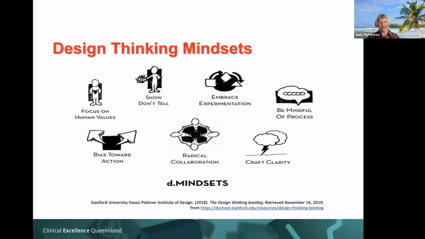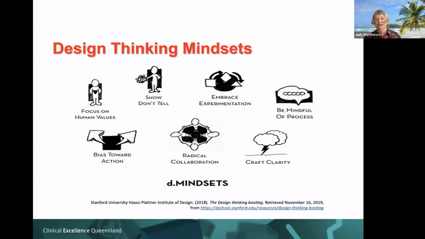Another way of looking at a design thinking mindset might be, and this comes from the D School, the design school mindset. This is what is a design thinking mindset. A focus on human values, showing and not telling, because often people switch off when you tell them things. If you show them, it's actually very powerful. Embracing this experimental approach, it's experimentation in terms of what if we try this, or what if we try that, or what if we combine things, or if we take something away. Being very mindful of a process in terms of where you're going with that. This bias towards action, making things happen, testing them out, radically collaborating with people from very different backgrounds,